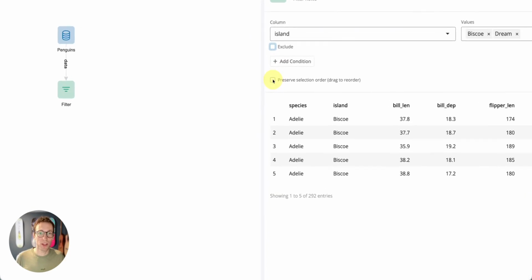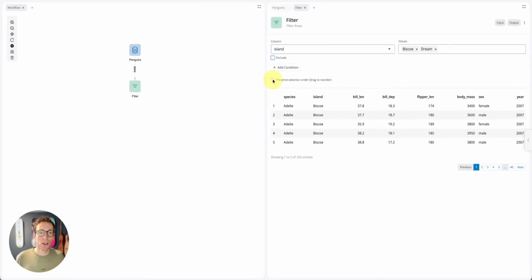Likewise, there's a second button here, preserve selection order. If we click this, what this allows us to do is drag and drop the values in our values box, and it will apply the filters in the order the values appear. So if we move these around, we'll see that Dream now appears first because it first filters for Dream and